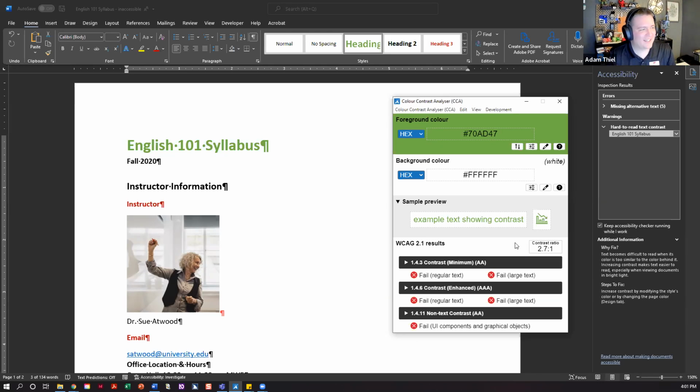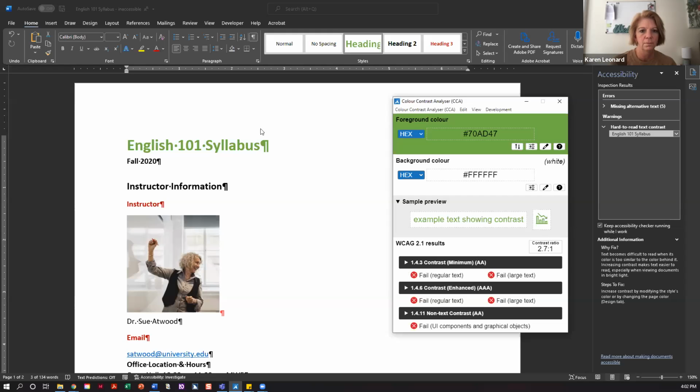It's just 2 clicks and it tells you whether your stuff's good or not. I won't get into what the AA and AAA go into; that's a set of international standards. The important thing is that if you get over 4.5 to 1, then you're good, and both of these red X's will be green check marks.